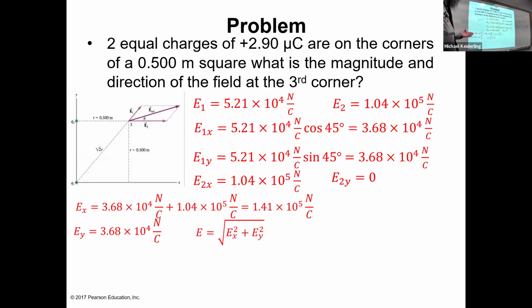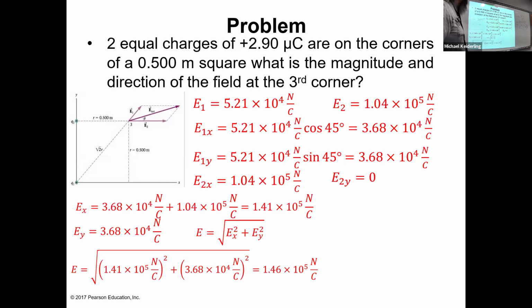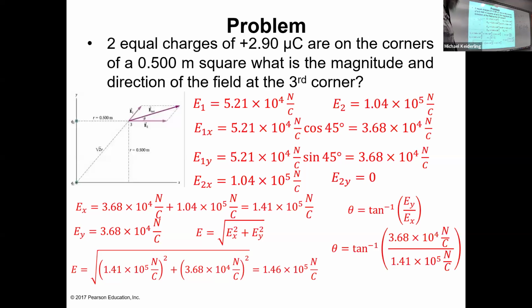So the magnitude is the square root of EX squared plus EY squared. So 1.41 times 10 to the 5th squared plus 3.68 times 10 to the 4 squared, all square rooted, gives you 1.46 times 10 to the 5th newtons per coulomb. And the direction is going to be the inverse tangent of EY over EX. The inverse tangent of 3.68 times 10 to the 4 over 1.41 times 10 to the 5th, which is 14.6 degrees,